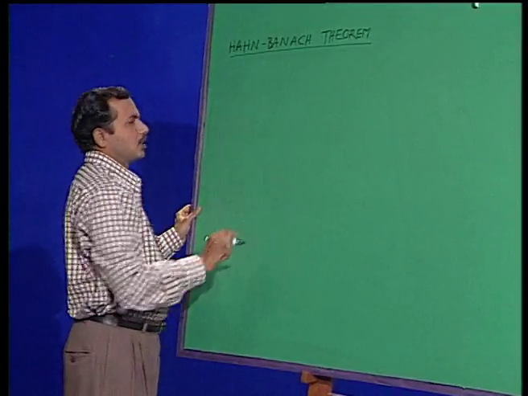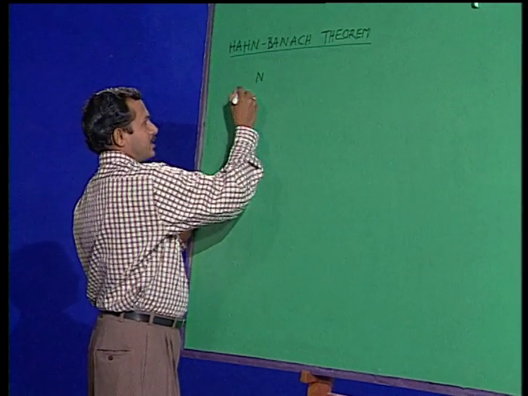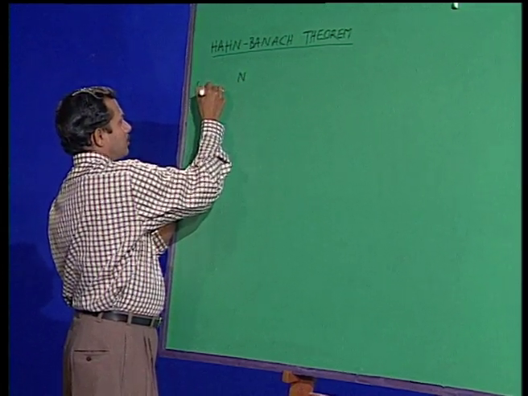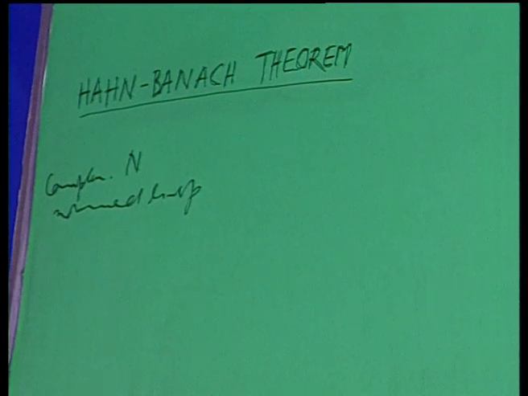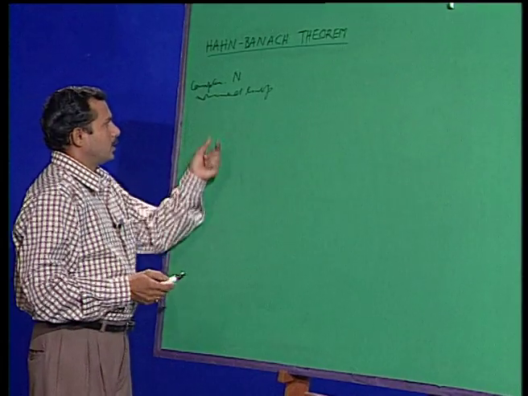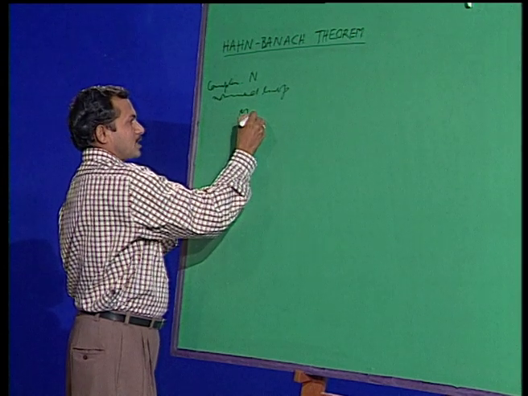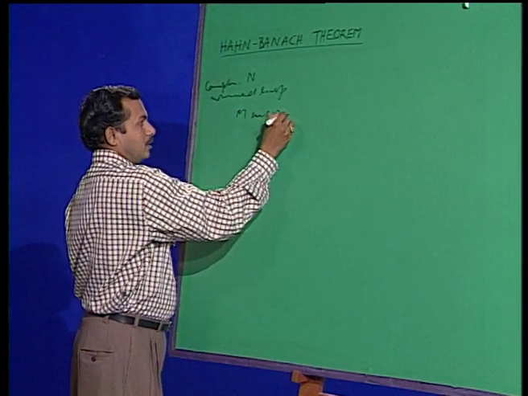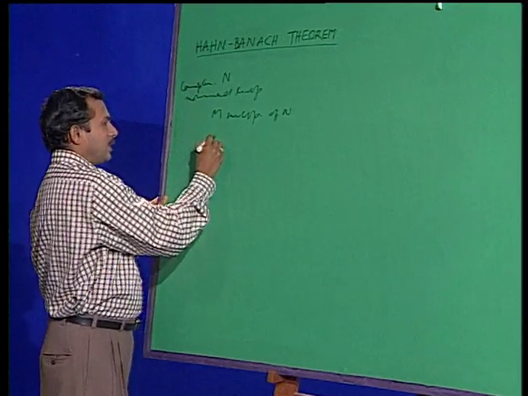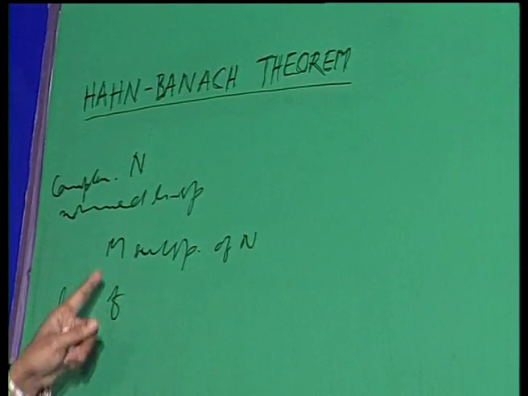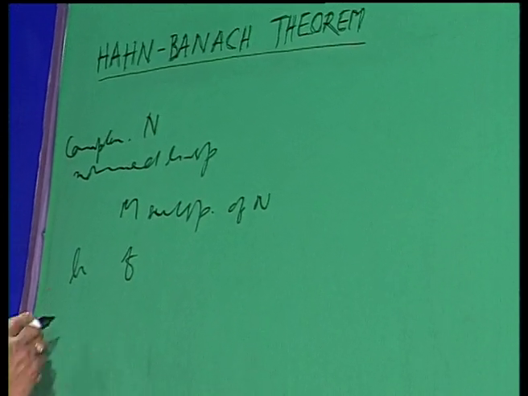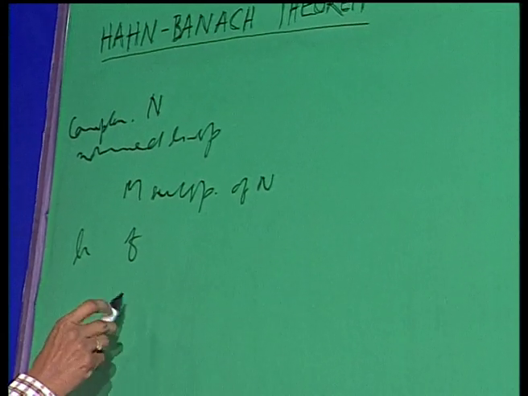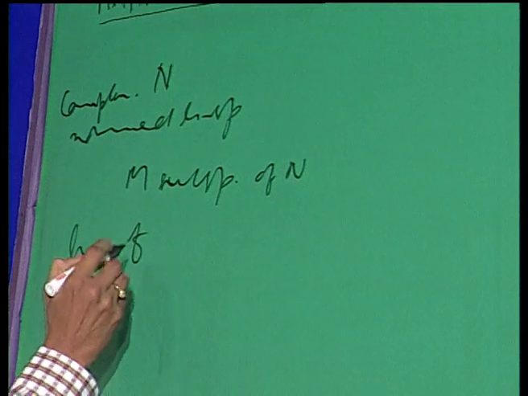It is because, in the statement of the Hahn Banach theorem, if we replace the normed linear space N by a complex normed linear space capital N, then one can show that if M is a subspace of capital N, and on M we have a linear functional f, then this f can be extended to capital N, preserving its norm. It is because we have the following: if f is a complex linear functional